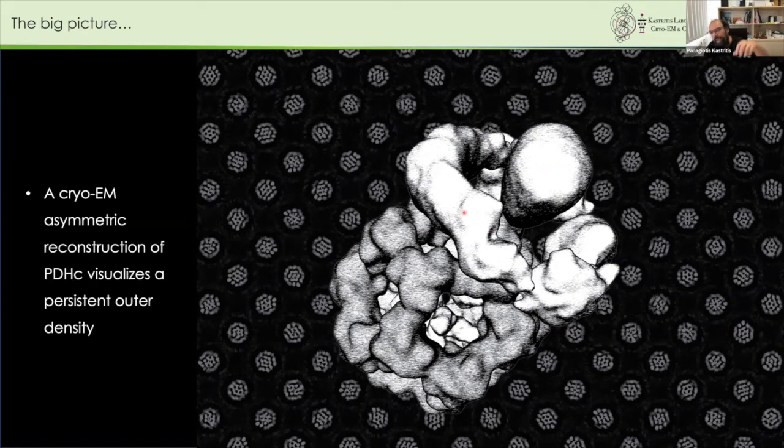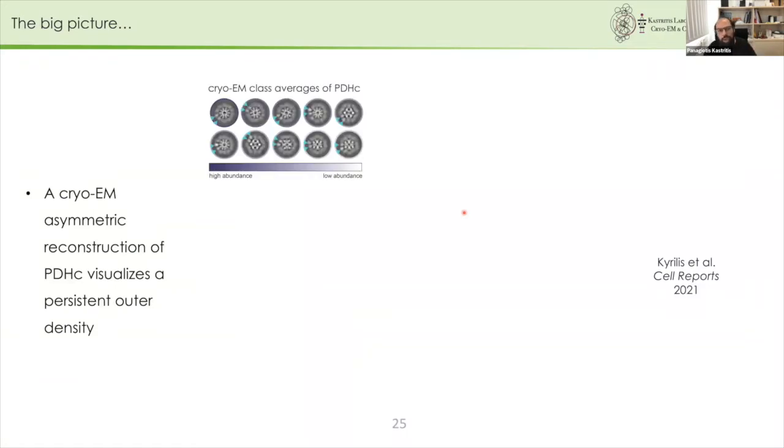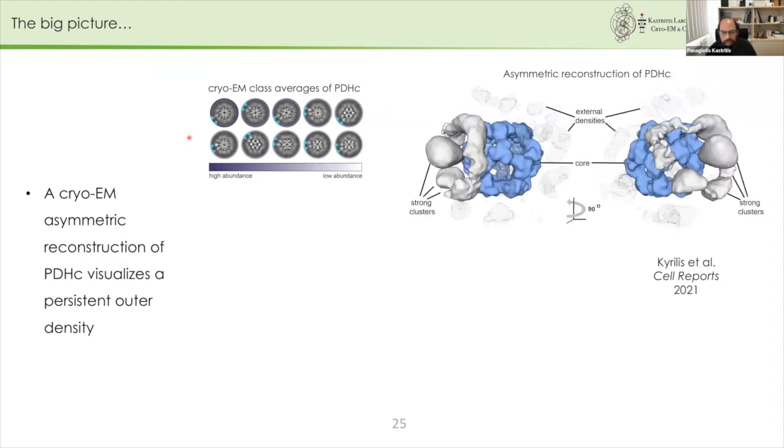top of this core. When you look at our class averages from this 10 mega-Dalton enzymatic complex, you could directly see that there are persistent densities surrounding the core. And when you do an asymmetric 3D reconstruction of the complex, you see some strong clustering, like a crown on top of the core of the molecule, and some other, weaker external densities